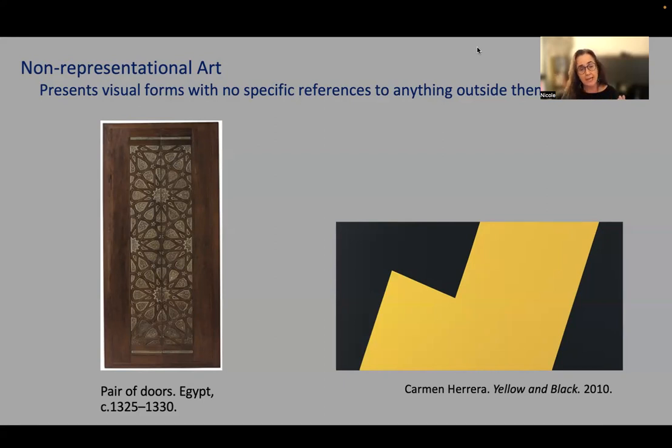So in a way, if you go back to the doors and look at the way the eye experiences movement there, we also experience a strong sense of direction in Carmen Herrera's work, right? And we might even begin to see a hint of a subject, perhaps. I don't know. You could ask yourself right now, do you recognize or start to see the suggestion of something recognizable in that work? Even if so,